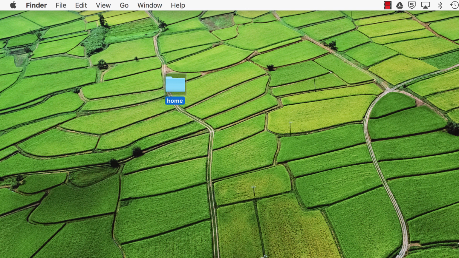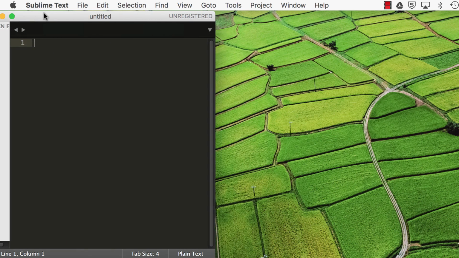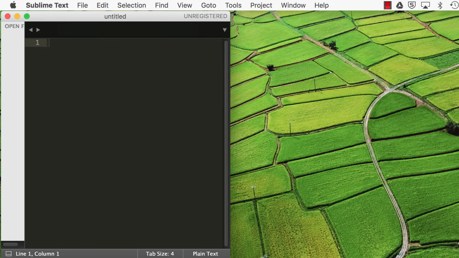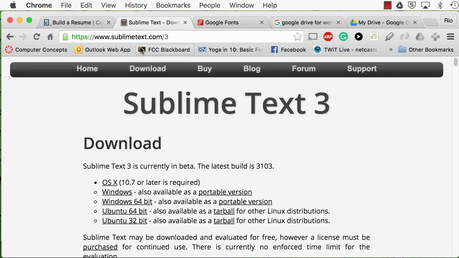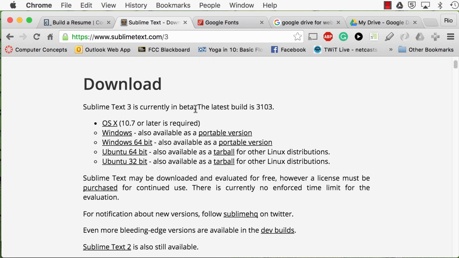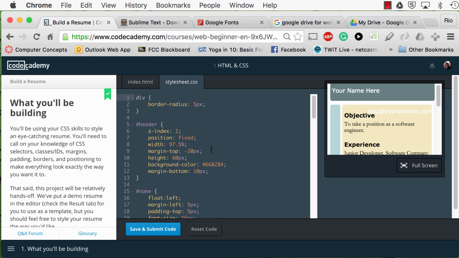Okay, so the other thing I'm going to do here is go ahead and fire up Sublime Text. I gave you a link last time, but if you want, FYI, you can go to the web and just go to sublimetext.com. There's a 3, that's the latest version. It runs on all operating systems, so you could do that. The other option, if you did want to do this, is you could make all these changes in here and then copy and paste them in what we're about to do. But I think Sublime Text is just a nice thing to know how to use as well,